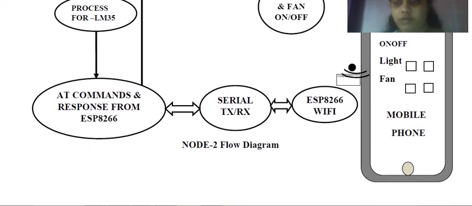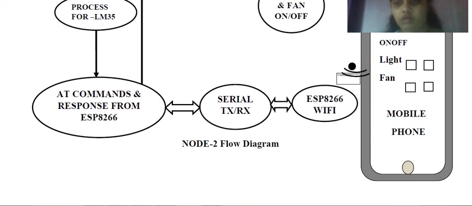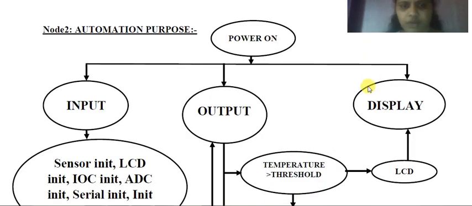So even when we are outside our house, or we forgot to turn off the lights or the fans, we can know the status of the fans or lights, or also remotely operate all these things. So this is all about the automation section process flow.